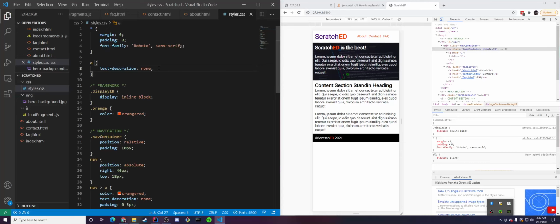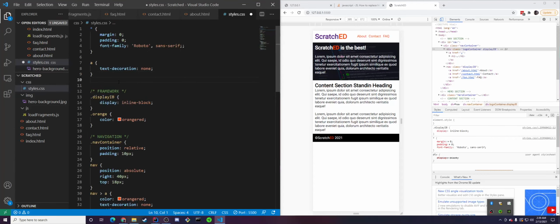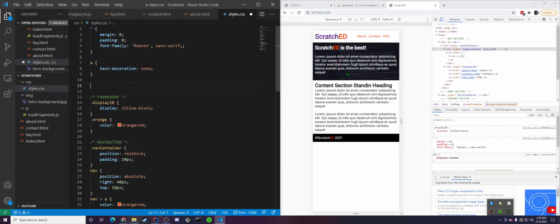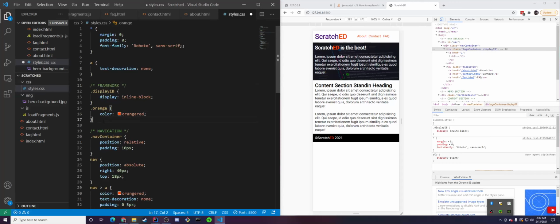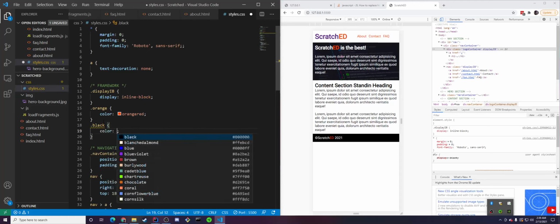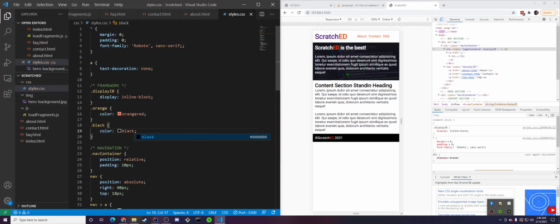A few ways to do this, but I'm going to do the same thing I did here with orange. I'm going to do it with black, and do color black, and then go into